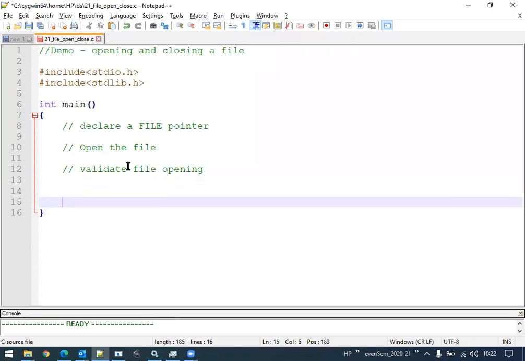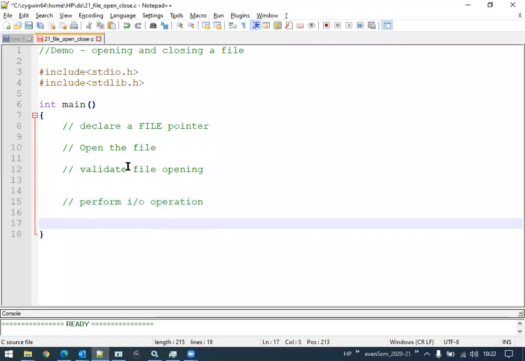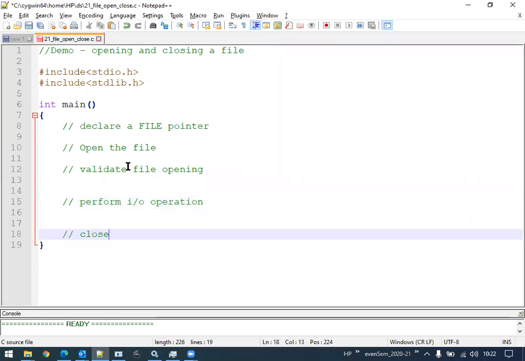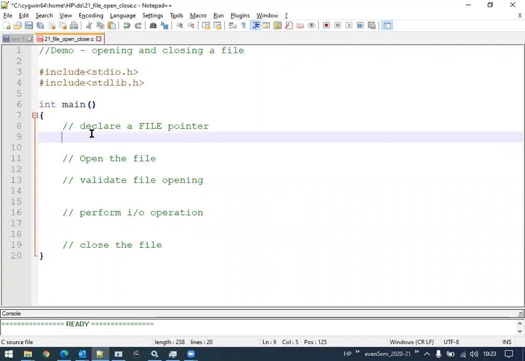If there are no errors, then we can perform input output operations. And once the operations are performed, the last step would be to close the file. So these are the things we are going to work out. Now let us write the corresponding code for each of these sections.